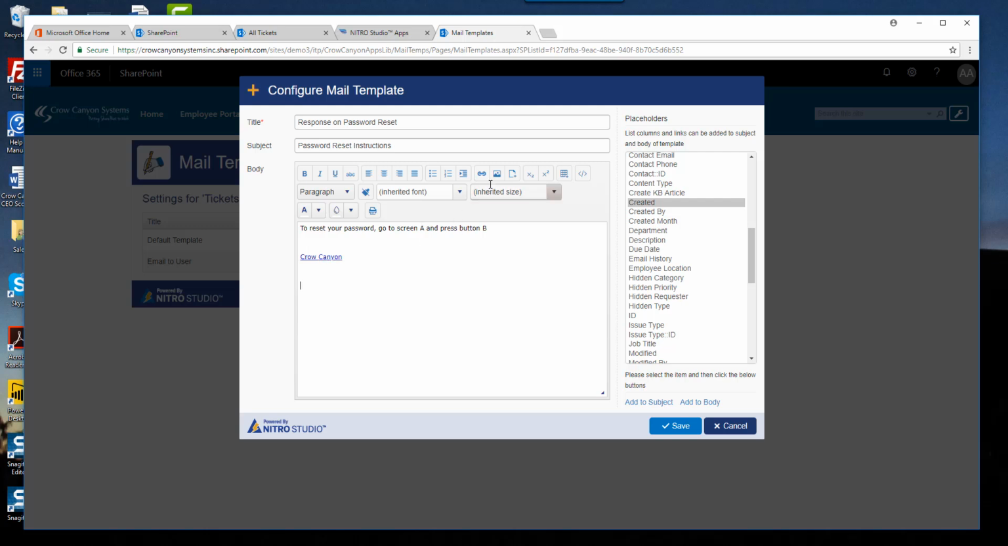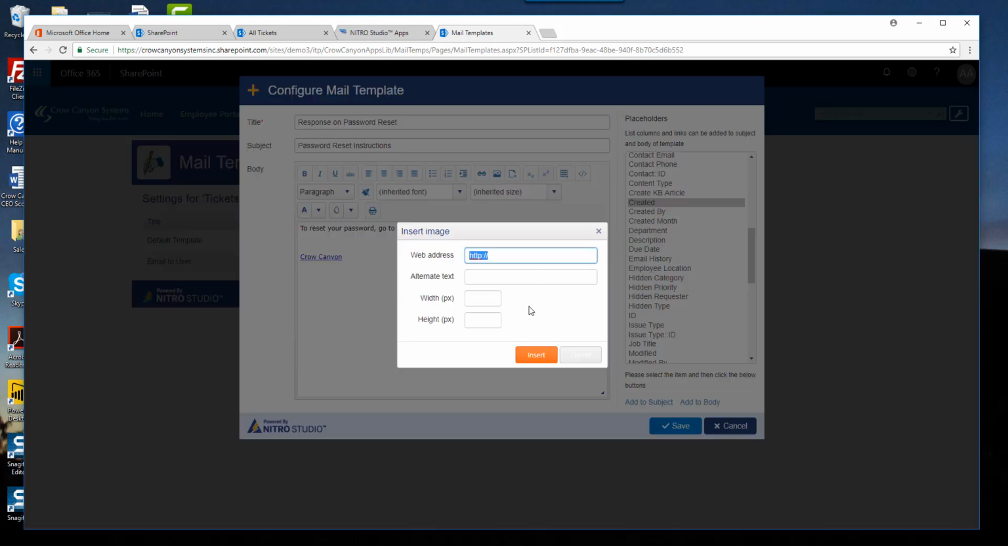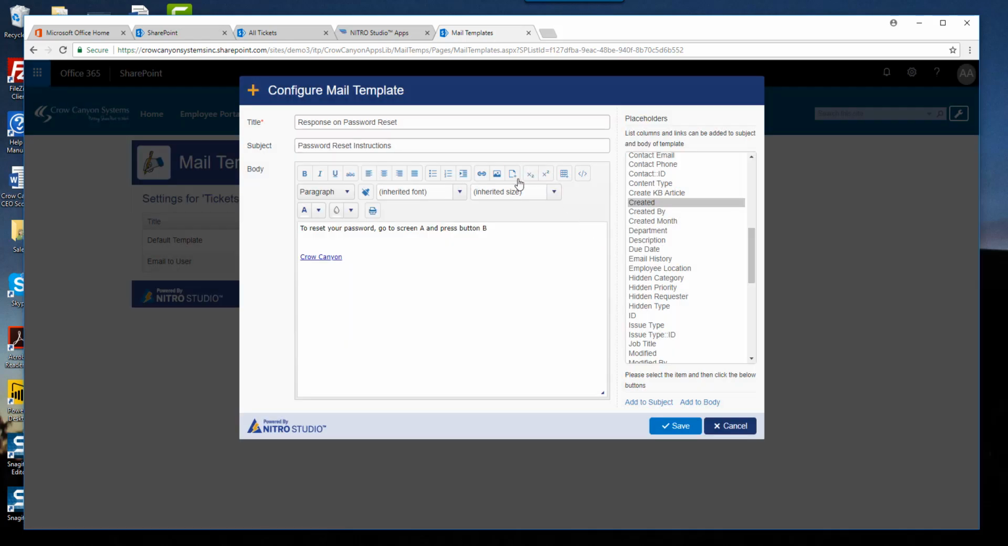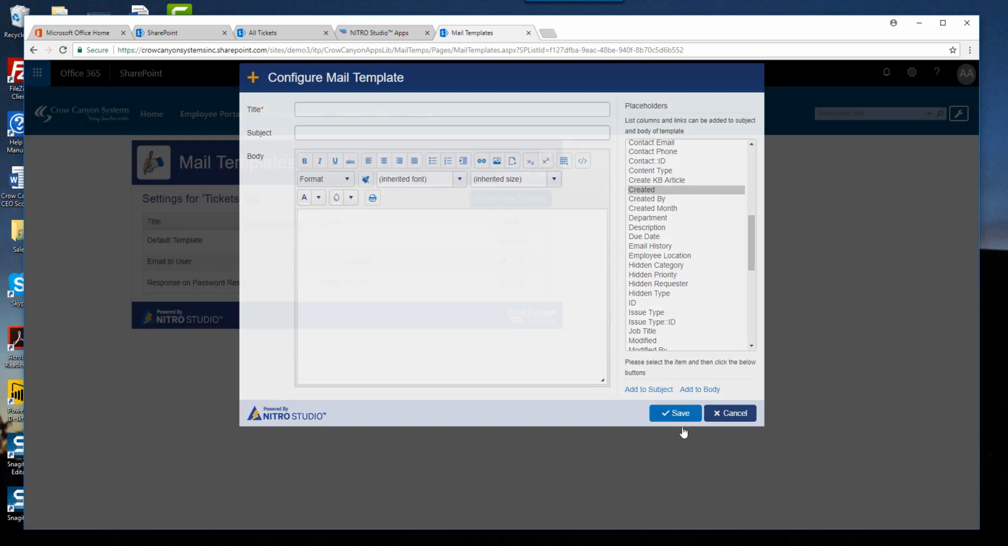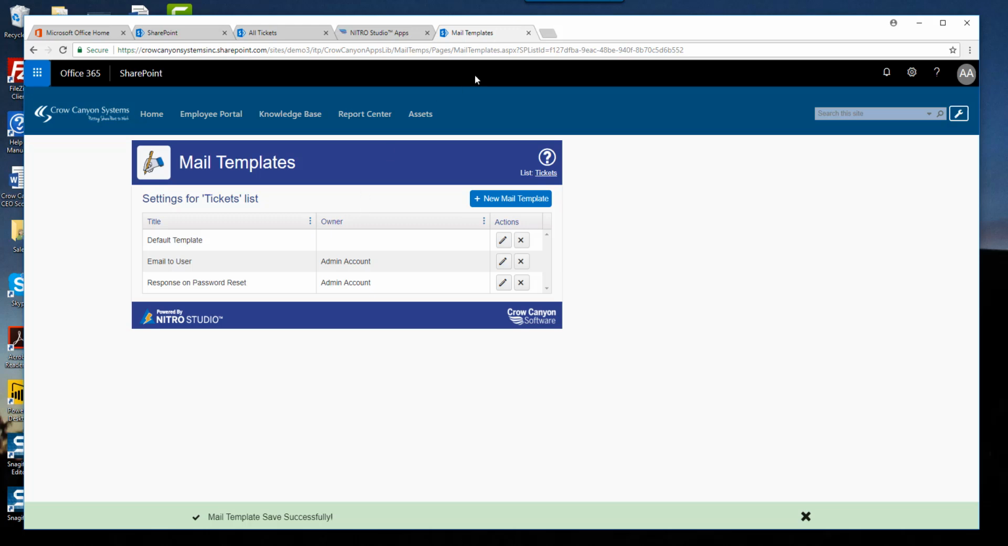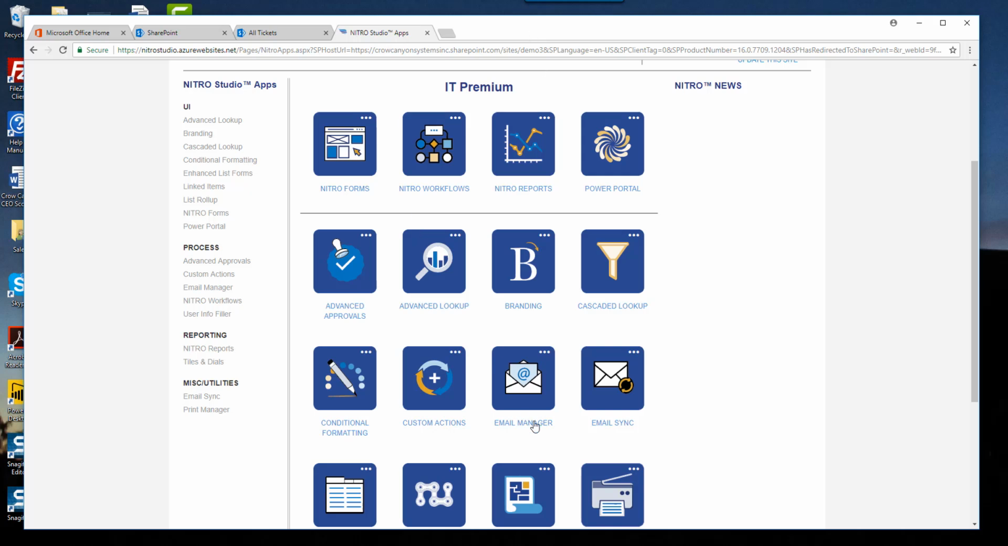You can put in an image if you want to show them something, insert an image. You can do various things to make the template really constructed the way you want it to be. You have a number of these canned responses. So now let's go see how this works with the email templates here. So we're out of that. We're back to Email Manager,